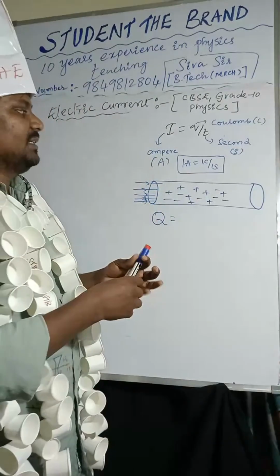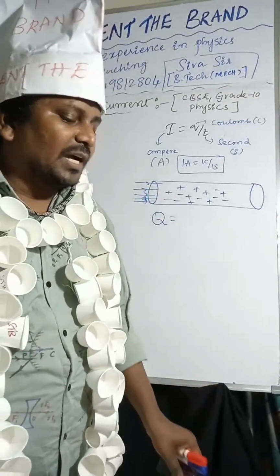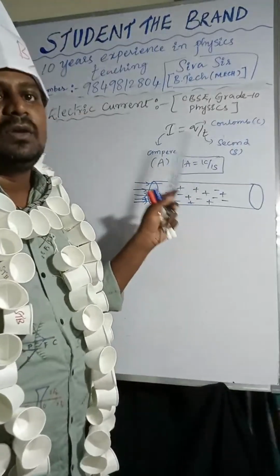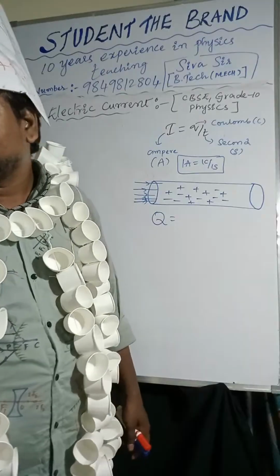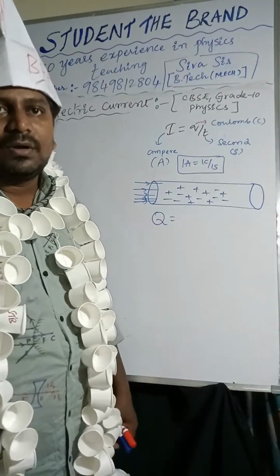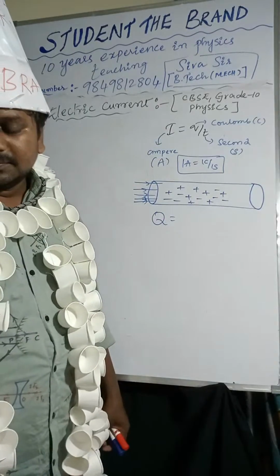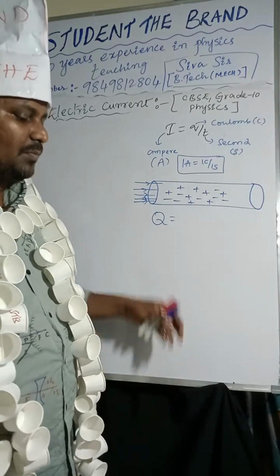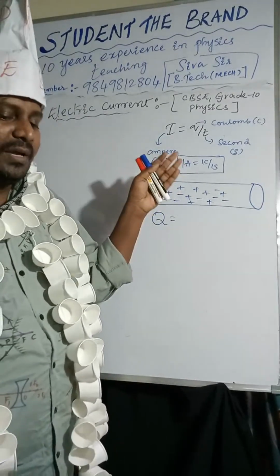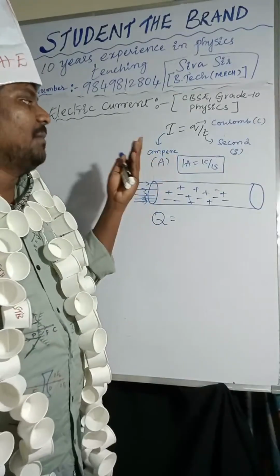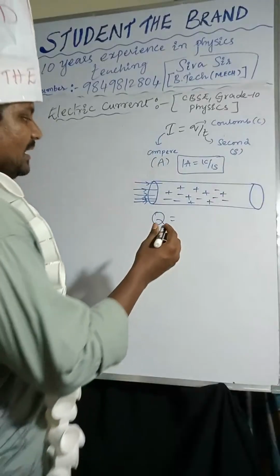Okay, so quantization of charge. Inside the conductor, charges will move. Charges will not move one or two at a time; a bunch of charges will move. I hope it is very clear to you all. So charges will move in the form of integral multiples,